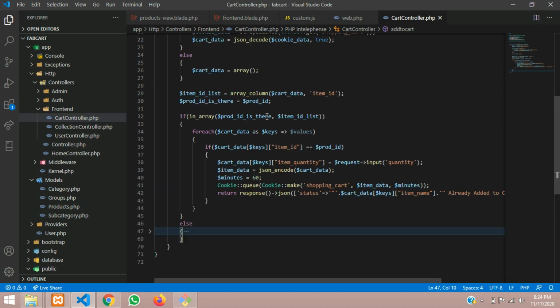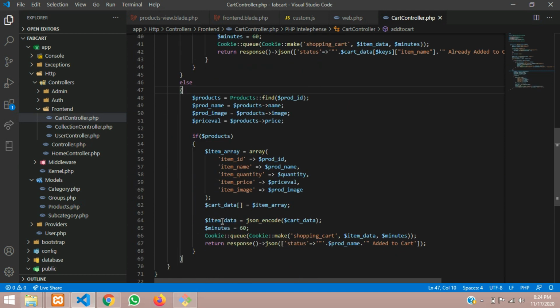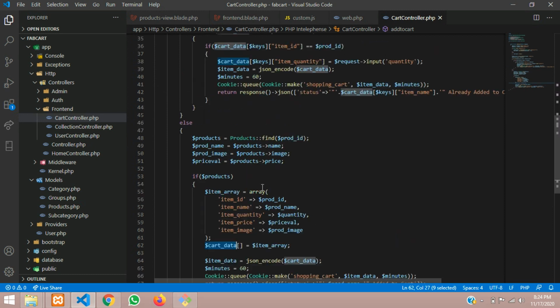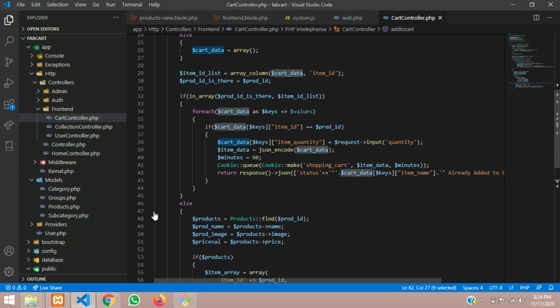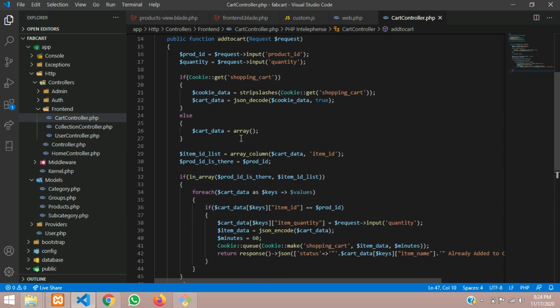And if it is already in the product, if it is already in your cart, as you have seen that your cookie of item data which you are storing into the cart also. So let's view that one. For example, if you are adding that, you have to check that first. See here guys, to check the column if the data is in array of that product ID, you have to pass this first if condition.